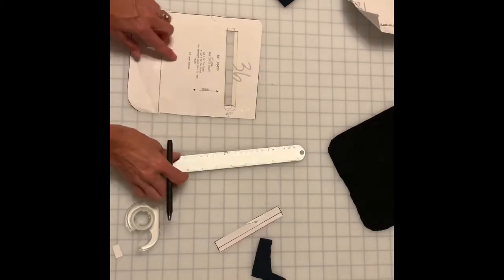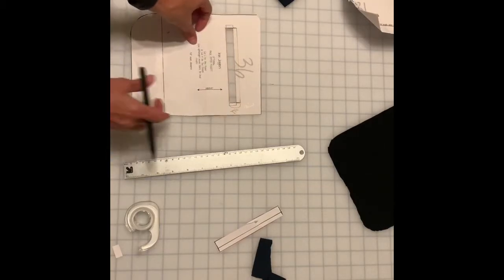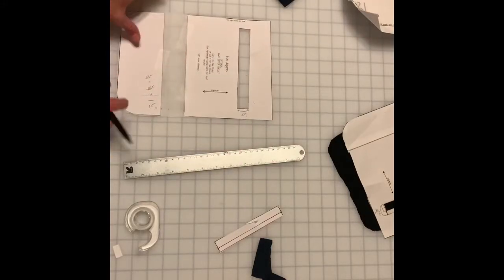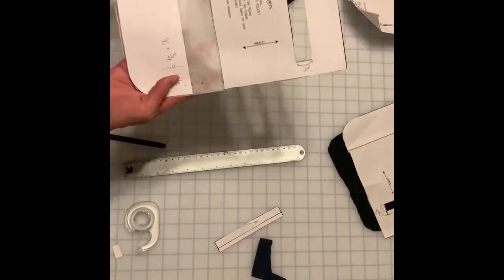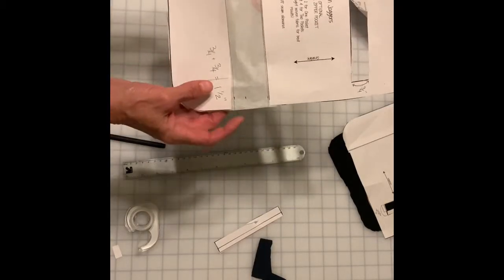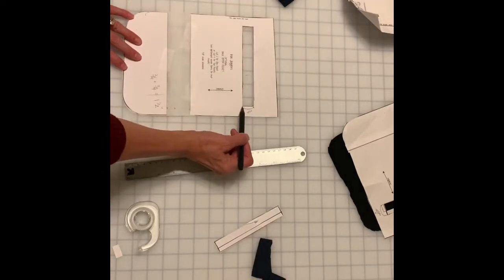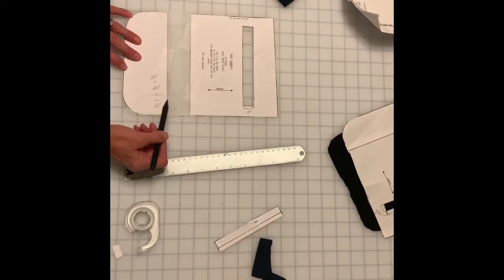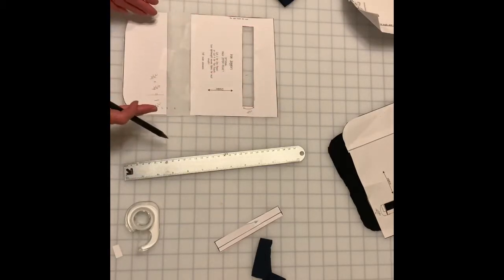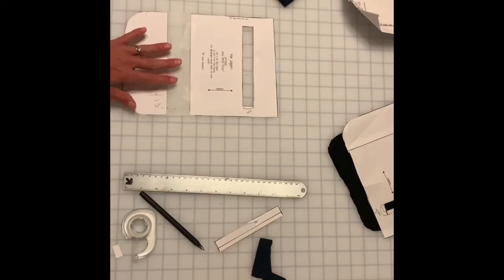So just pick a place somewhere down, draw a line, cut across it, and then you'll end up with your pattern piece looking like this, where I added length to that overall pocket, 1.5 inches. So if your opening is 3/4 of an inch, you need to add 1.5 inches to the length of this piece of pocket. And then you're going to cut a piece out of your fabric,